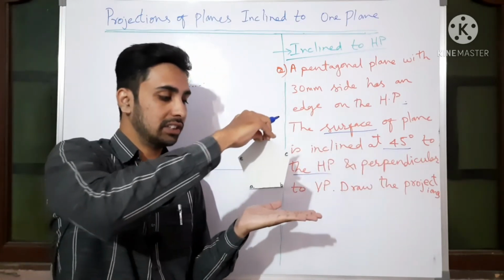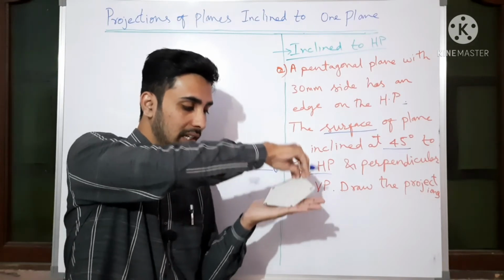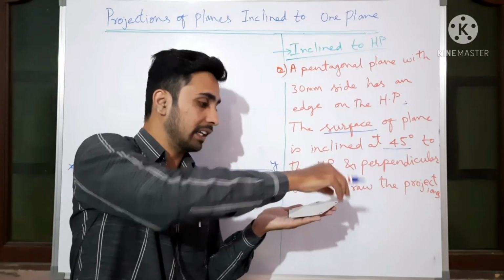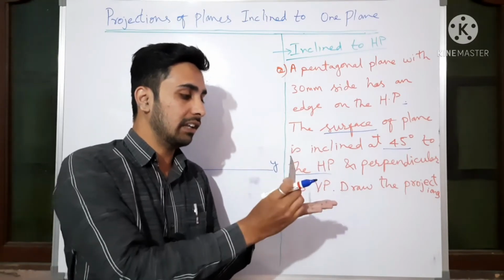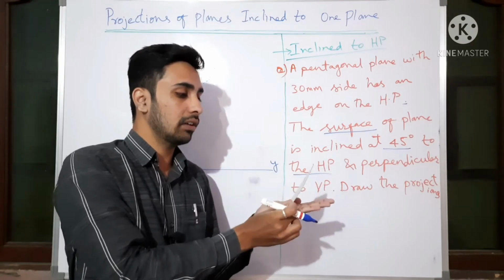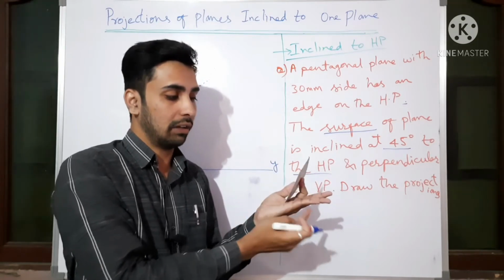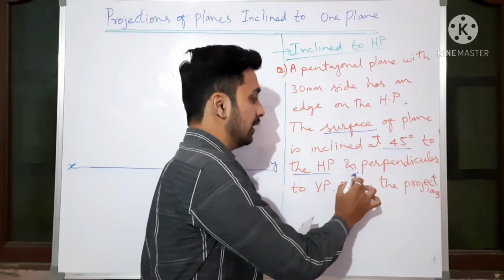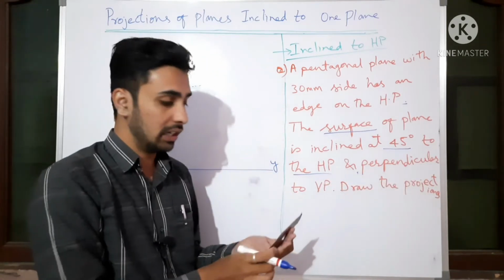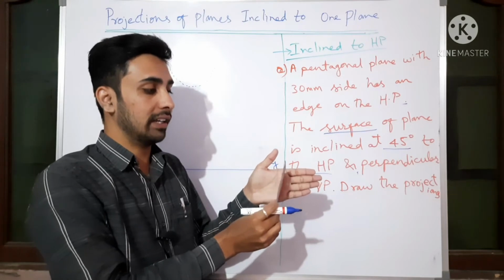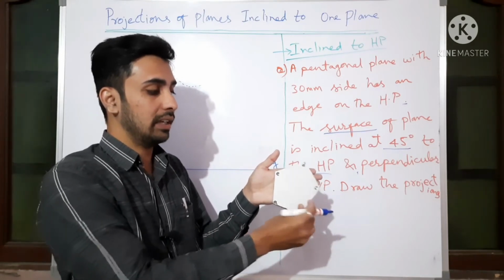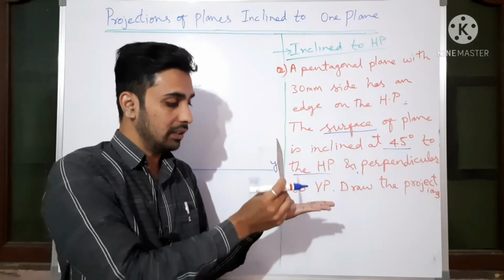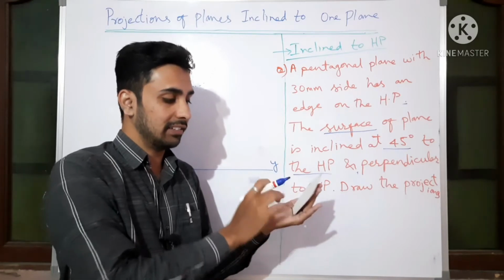See here, the edge is resting in HP, that is one thing over. With respect to HP, like this, see, with respect to HP, the surface of this pentagon is making 45 degree. This is 0 degree with HP, this is 90 degree with HP. Now if you see like this, it is 45 degree with respect to HP. This is the angle, 45 degree. Okay. Now what they are saying further, if you read, and perpendicular to the VP. The surface only with respect to VP, how is it? Perpendicular. It is like this if it is parallel to VP, inclined to VP. Now it is perpendicular to VP, this surface over. With respect to HP, the surface is at 45 degree, whereas it is resting by this edge on HP.